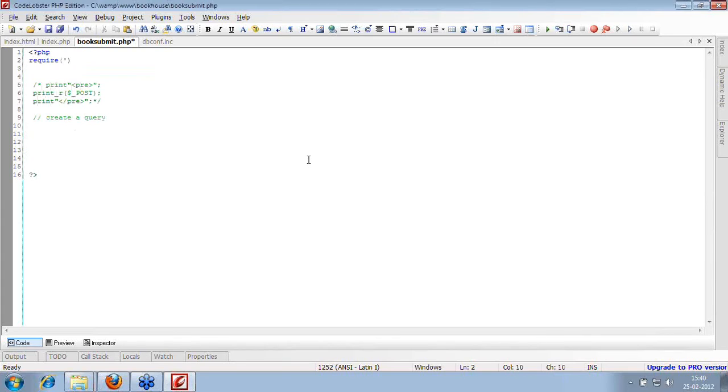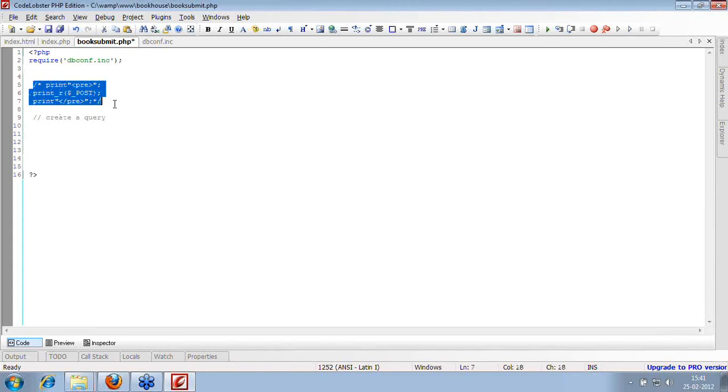So require is a function name. What do you require? A file. Which file? Then you have to provide the file name, which should be the same as what you have created. Now this is require dbconf file, which has the connections for the database and close and other parameters. You can create classes as well by using the OOPS concept, a database class with all the functions and methods to connect. But right now we have just created a function for creating the connection and then closing the connection.